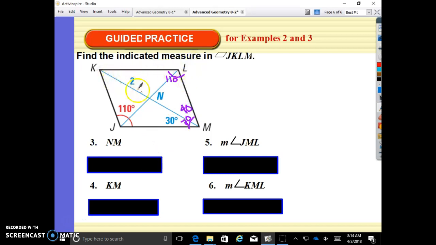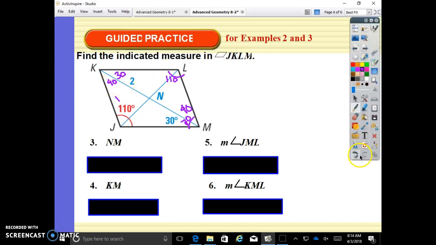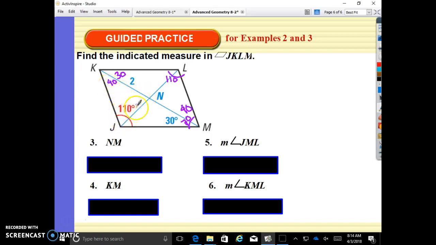We have alternate interior angles, so if this is 30, alternate interior with here, making this part 40, alternate interior, right? What else do we know? Well, if this is 110 and this is 40, and this is a triangle, triangles add up to 180. 180 minus 110 is 70, minus 40, 30. Linear pairs are supplementary. 180 minus 30, 150. This is 150,